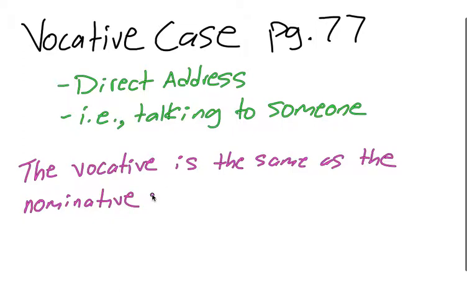The vocative case is the same form as the nominative case. Usually. Okay, usually the vocative is the same as the nominative. Okay, now I'm going to give you the big except. Except